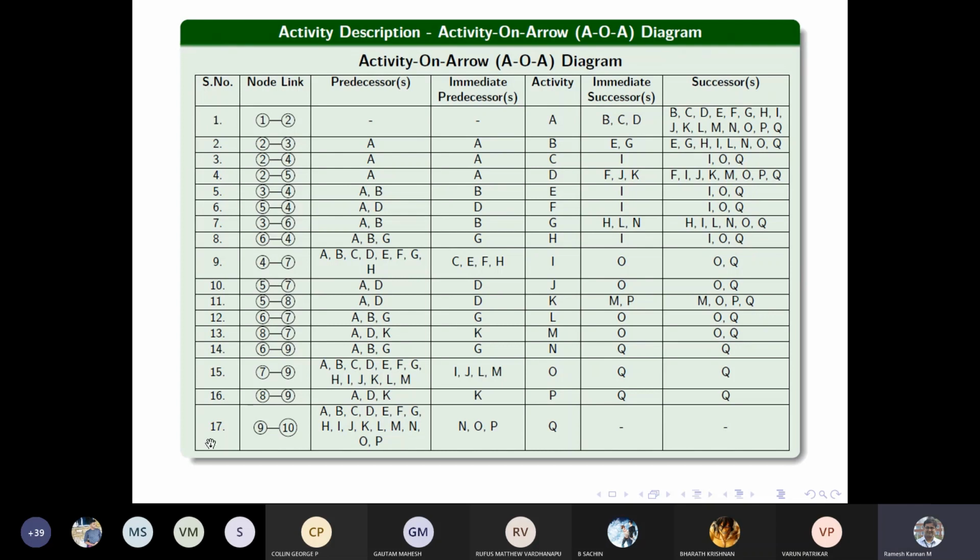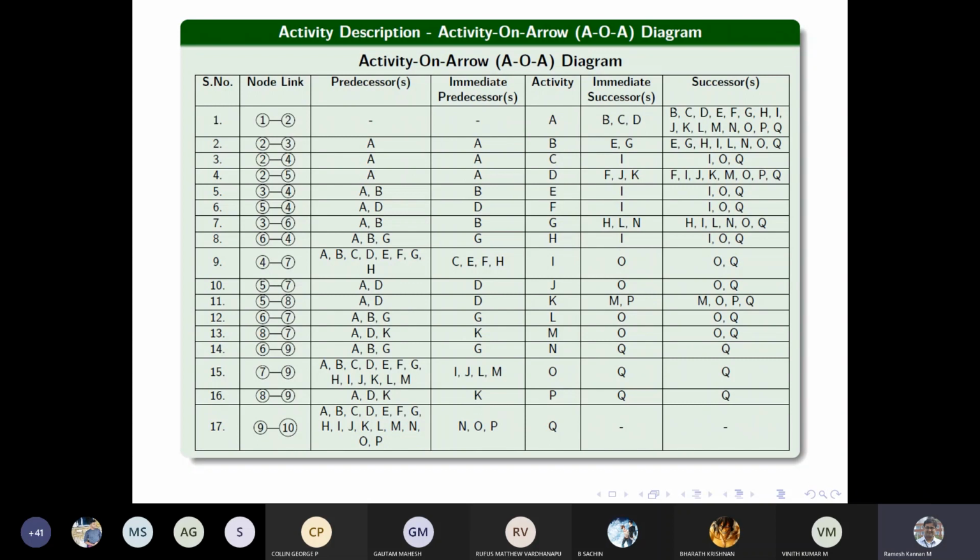So we have 17 activities, activity A to Q. We have a very big network diagram having 17 activities. Then predecessor, as I told you, is everything from the start till that particular activity. Say for example, activity A is a starting activity, which does not have any predecessor. The reason is that it's a start activity. It does not have any predecessors and not even an immediate predecessor. But there's another term called successors.